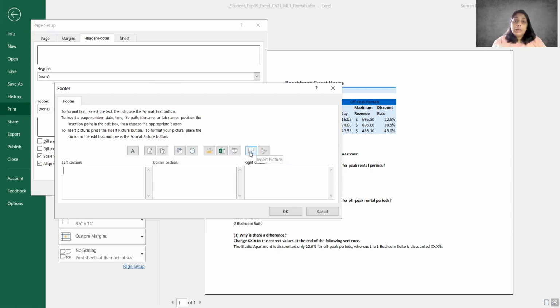If you're using the ribbon, you can actually see the written words underneath. And so it's a little bit easier to understand. And I'll show you that as well, the other way. Here's my left section, here's my center section, here's my right section. So the first question that we're being asked is to insert the text Exploring Series on the left-hand side.